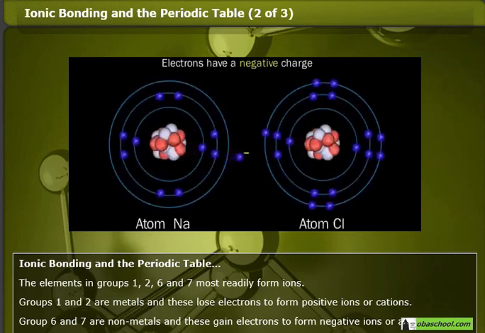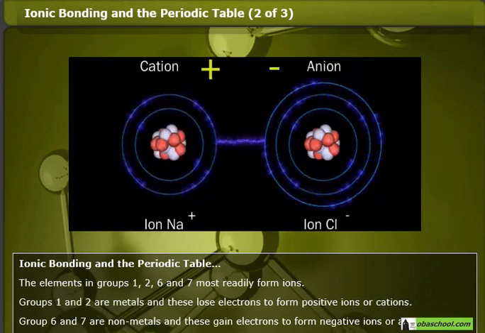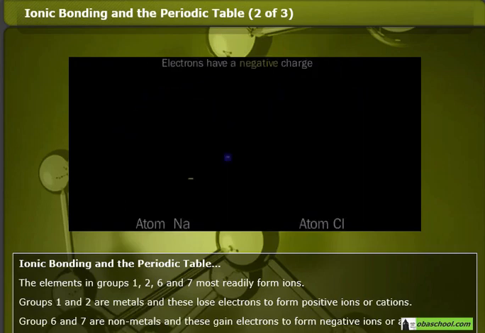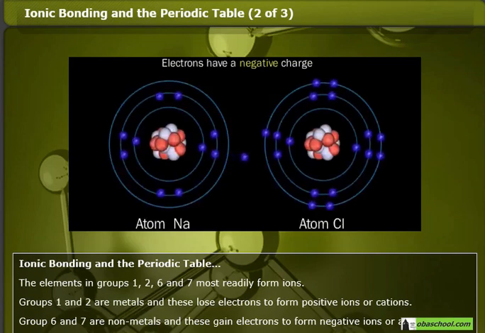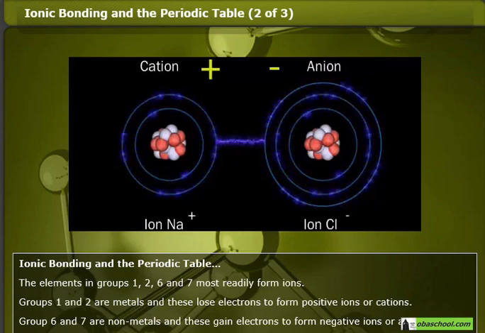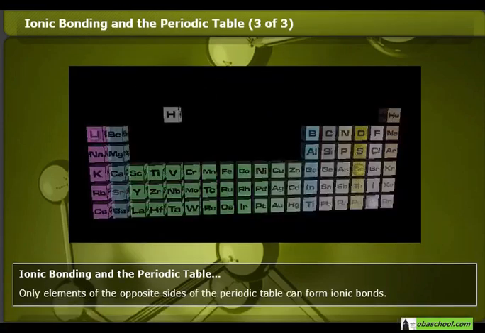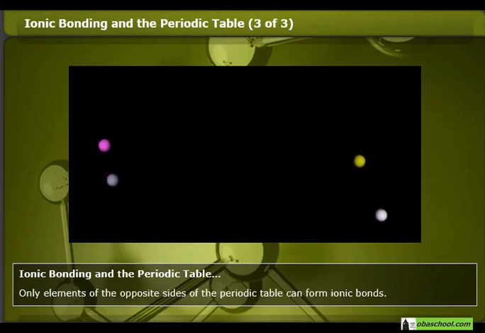The elements in groups 1, 2, 6 and 7 most readily form ions. Groups 1 and 2 are metals, and these lose electrons to form positive ions or cations. Groups 6 and 7 are non-metals, and these gain electrons to form negative ions or anions. Only elements of the opposite sides of the periodic table can form ionic bonds,